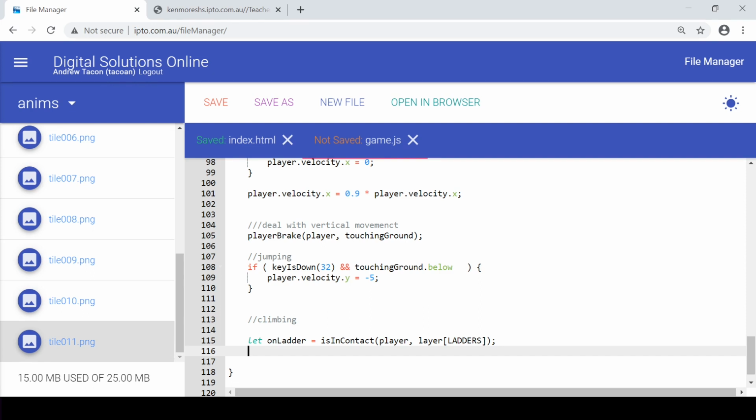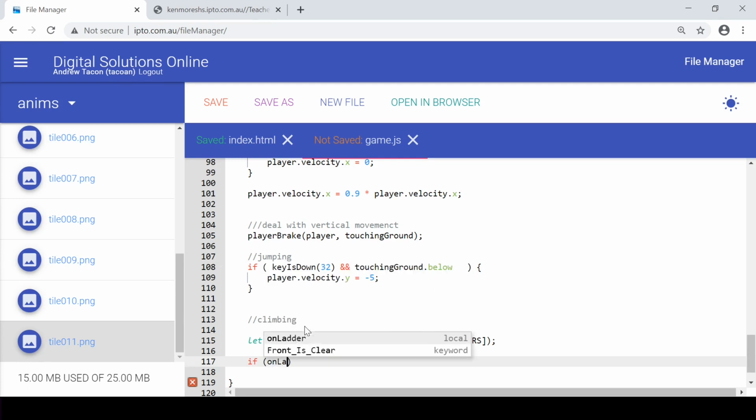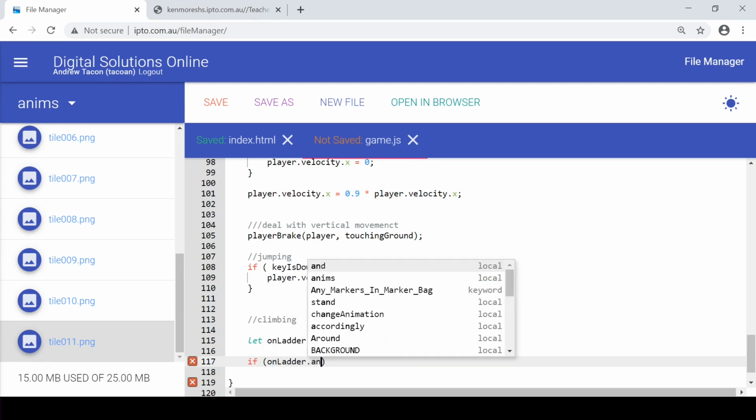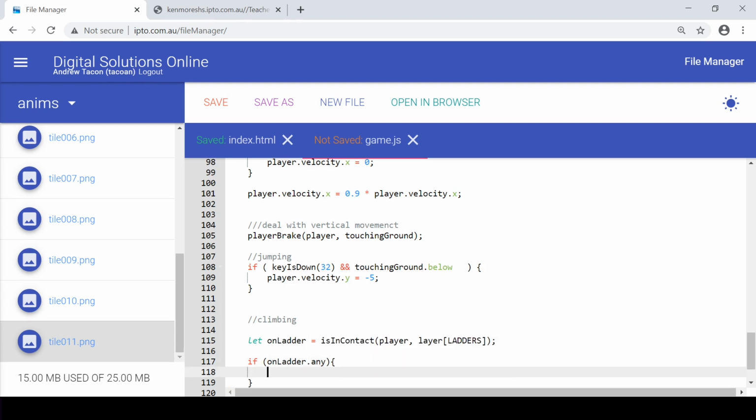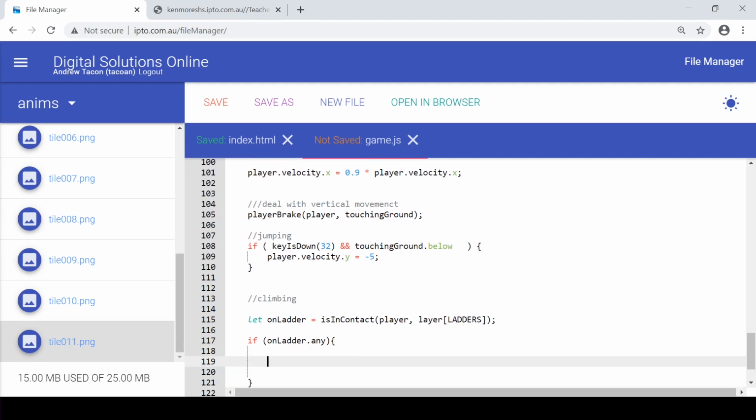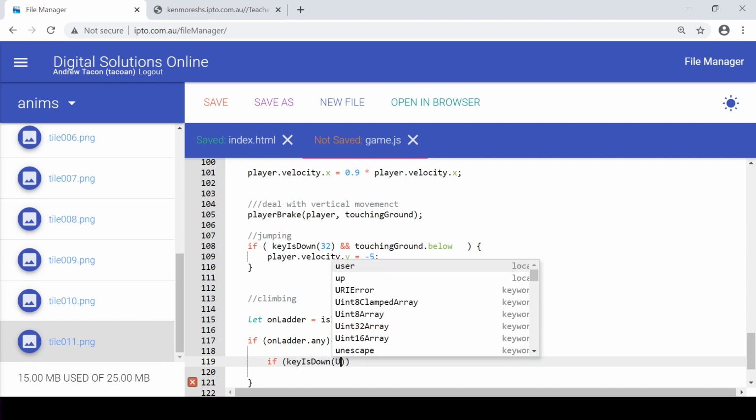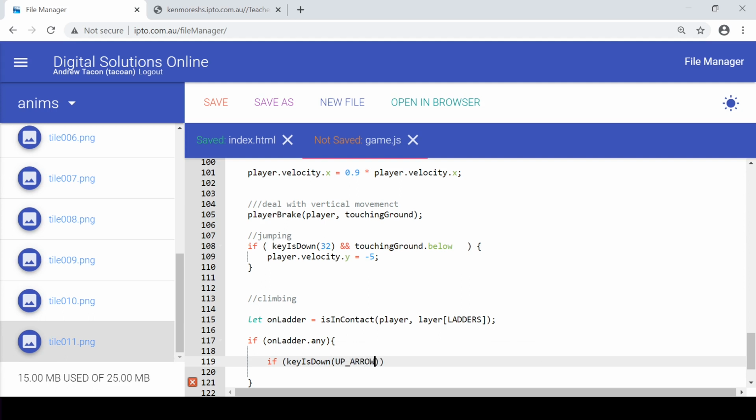So I'm only going to allow ladder interactions if I am on a ladder. So if I'm on a ladder in any direction, so it means if I'm touching the ladder from the left, the right, above or below, then I will allow this. If I'm not touching a ladder, I will not run this code. So if I'm on a ladder, and if my key is down, and it's the up arrow. So if I'm on a ladder and I'm pressing up,